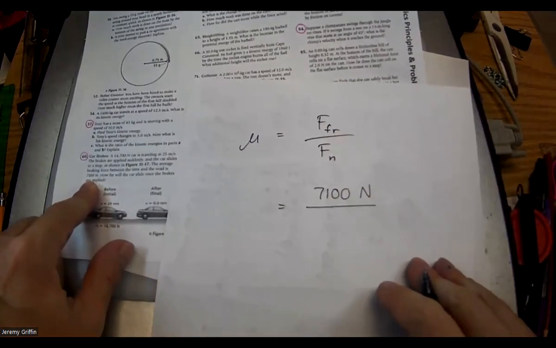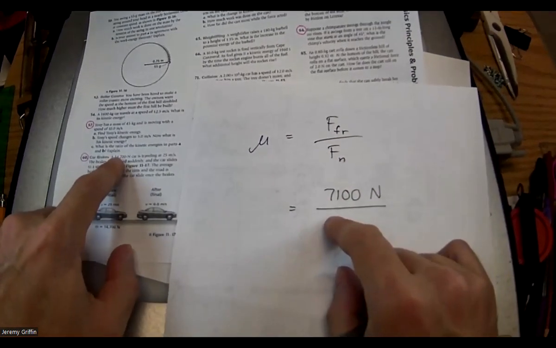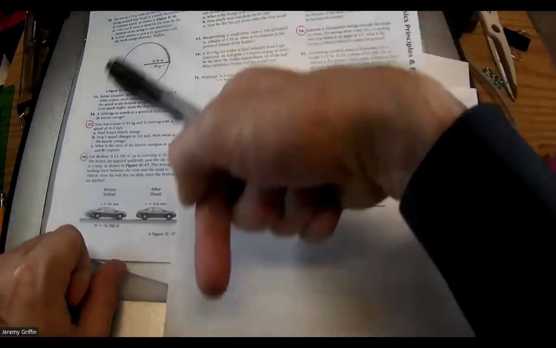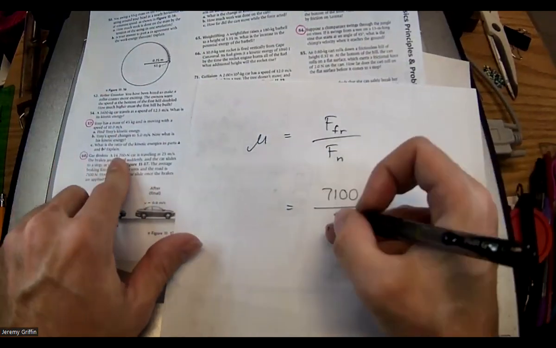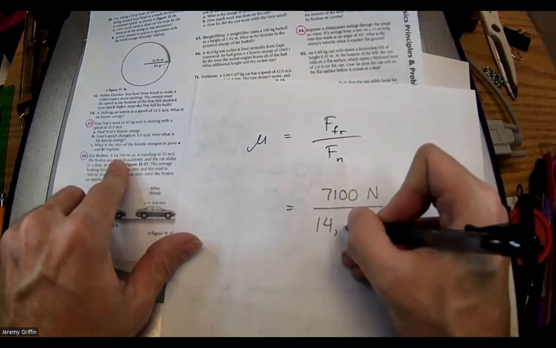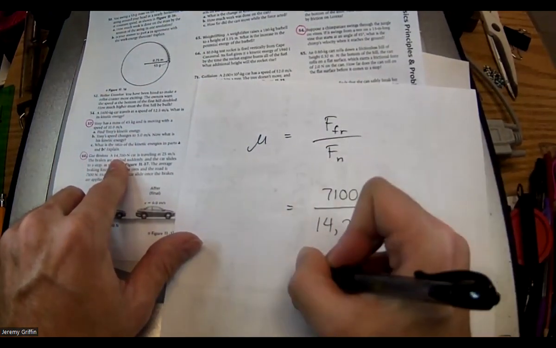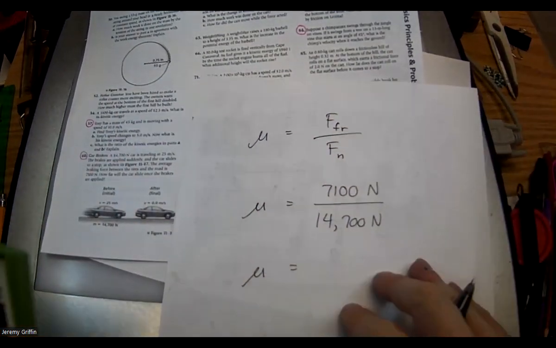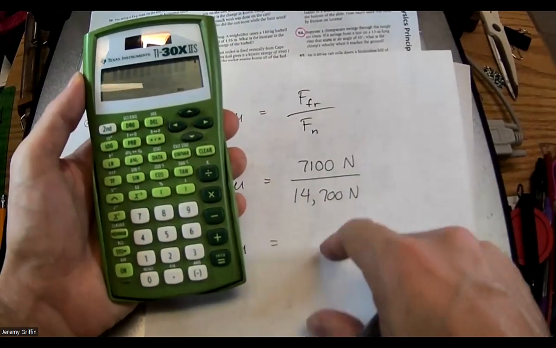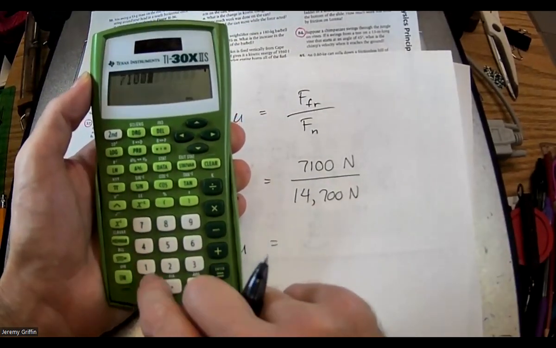Now the normal force. Wouldn't that just match the weight of the car? Whatever the weight of the car is, isn't the road holding it up with that amount of force? They told you it was 14,700 newtons. So the coefficient of friction, either kinetic friction or minimum static friction, one or the other,